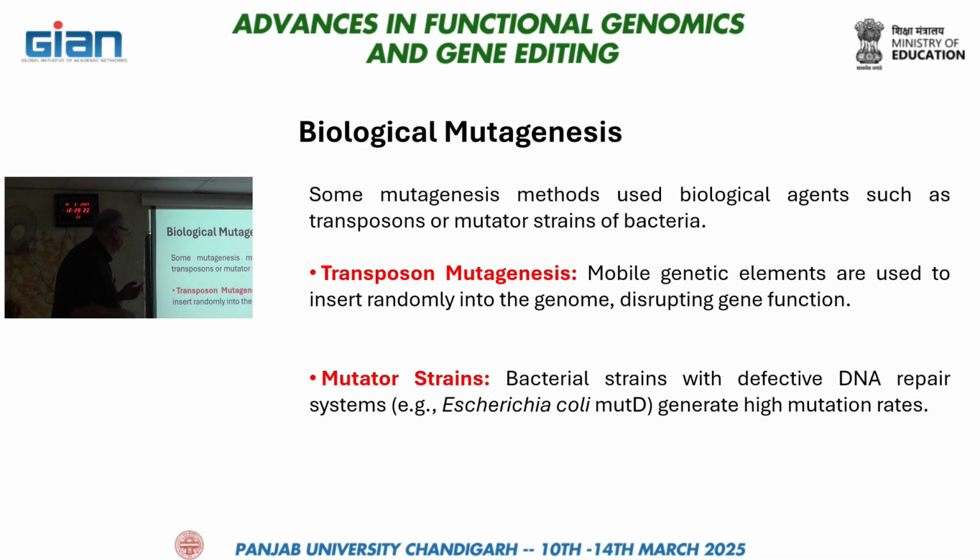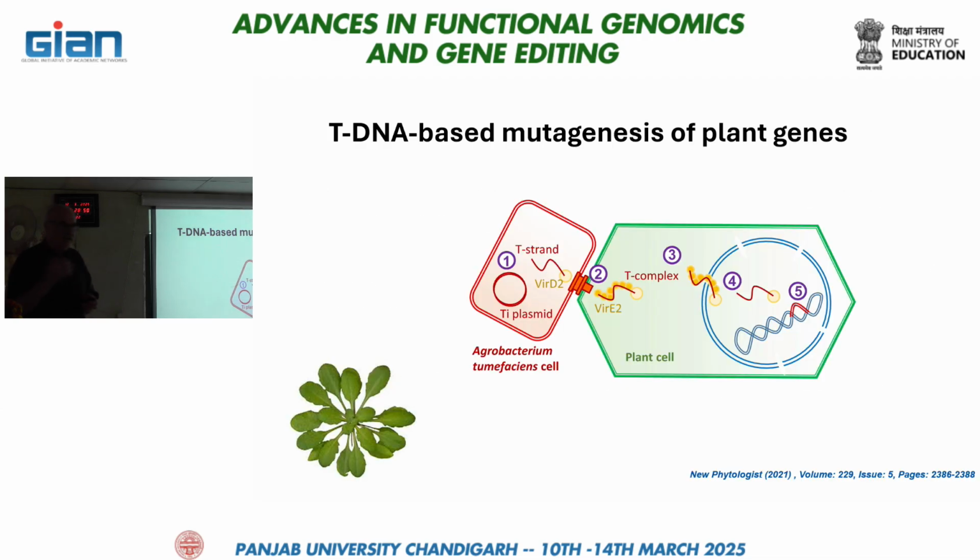Mutator strains are bacterial strains with defective DNA repair systems that generate high mutation rates, so you can use them to obtain some mutants, but again, this is also for prokaryotic organisms only. And I was thinking about whether we have some kind of biological mutagenesis in higher eukaryotes, and actually, yes, I was thinking about